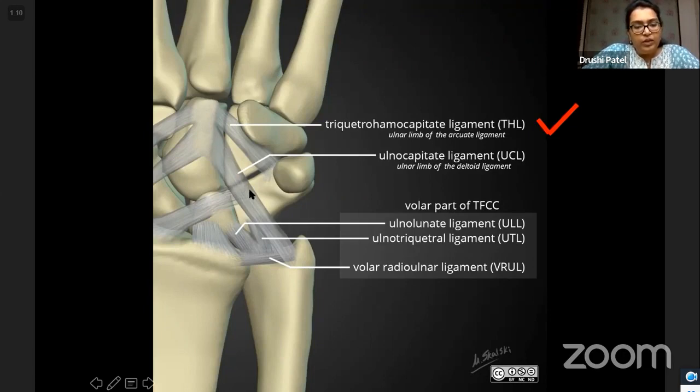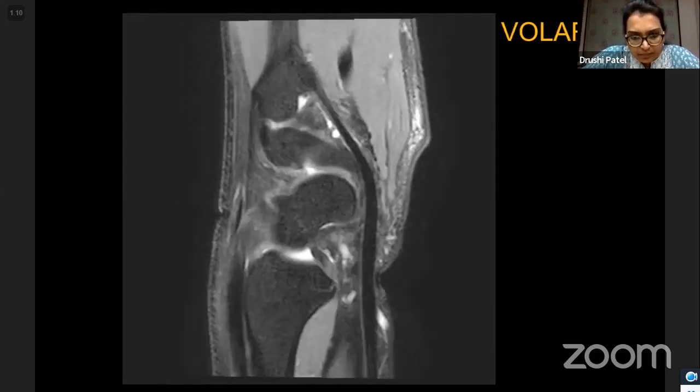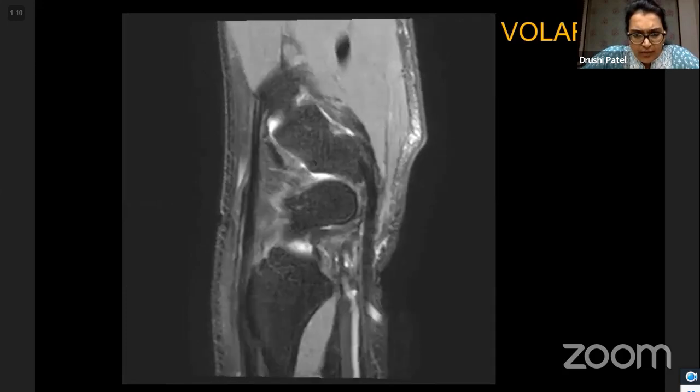So it's triquetro-hamato, crosses over the hamate, inserts onto the capitate. Triquetro-hamatocapitate ligament, which is important. So now looking on the volar aspect, you can identify from the level of the distal radius